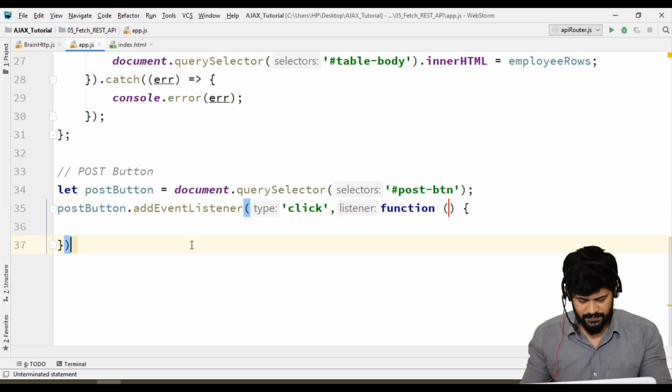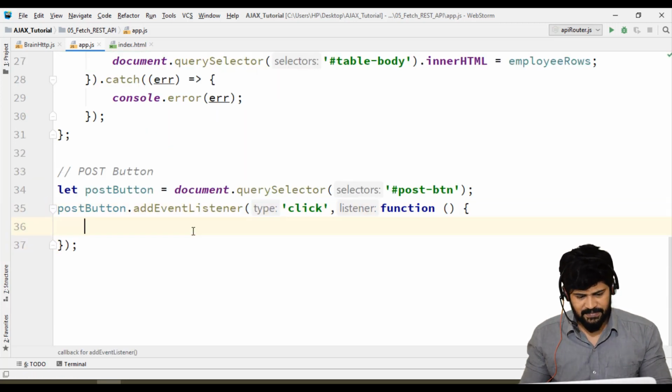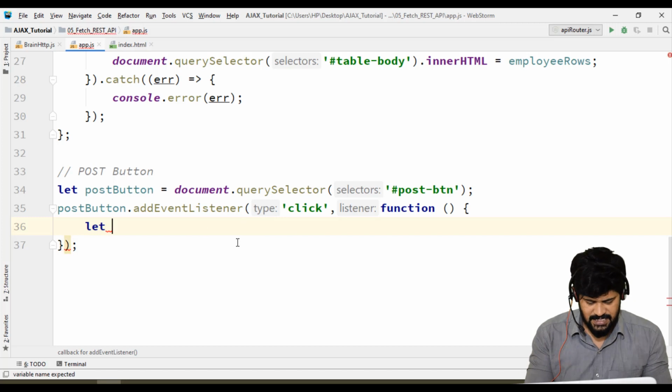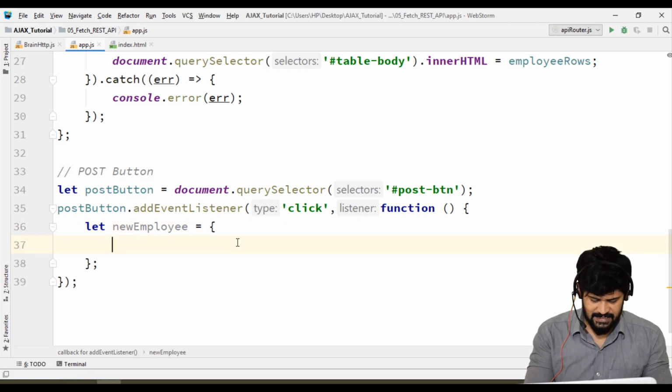So here let's make a post request itself, but we need to create a data or employee object. So let's make new employee is equal to an object which contains first name.